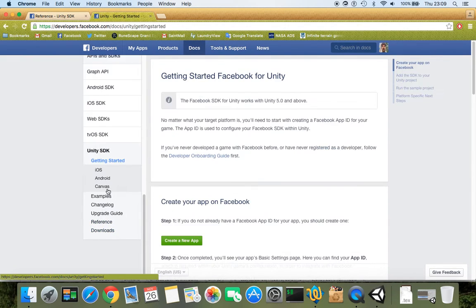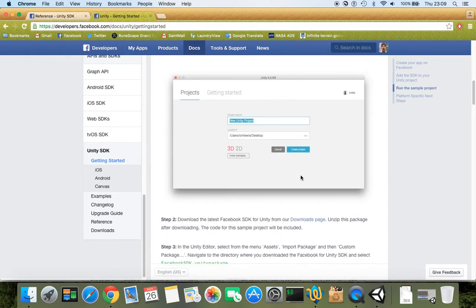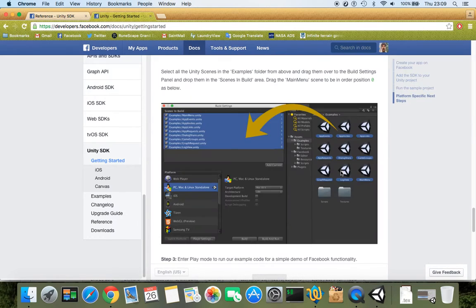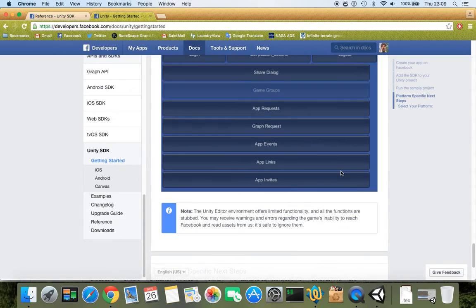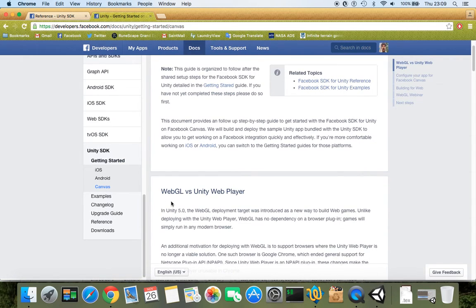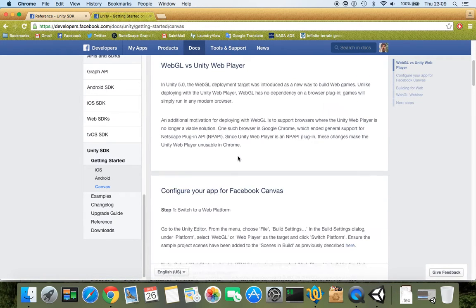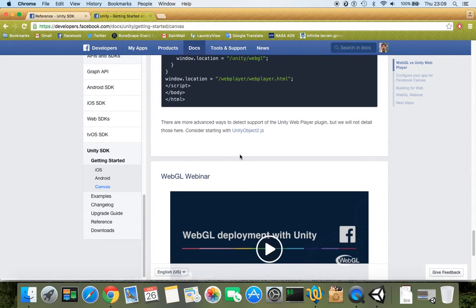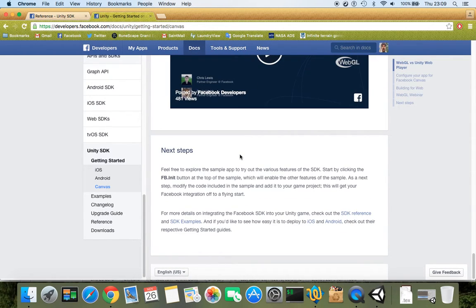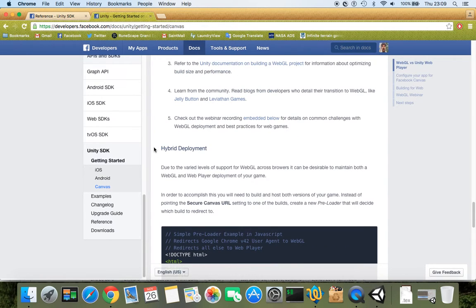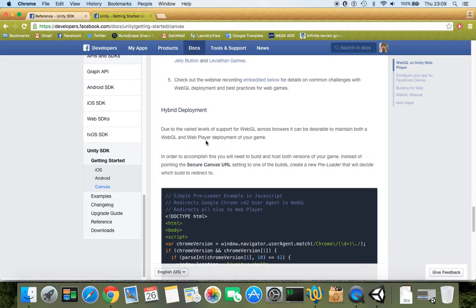Probably not. Probably it's in the getting started section. Is it here? Yes, it's the getting started canvas section. Here are the basic steps which I'm going through, and here was a script for this hybrid deployment,